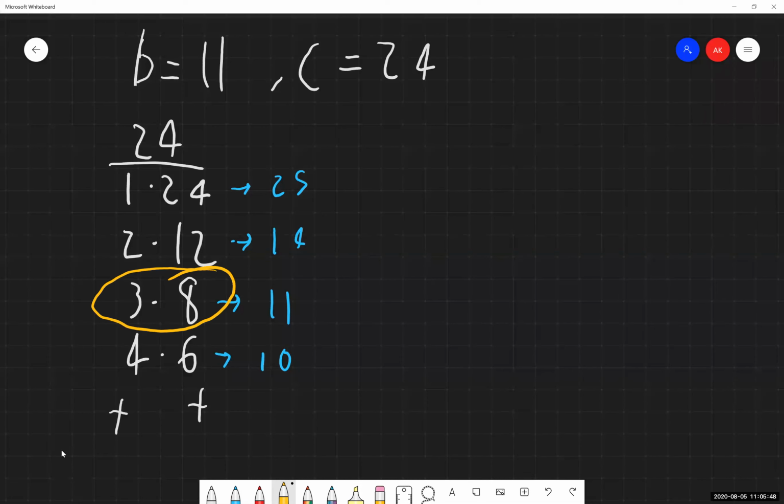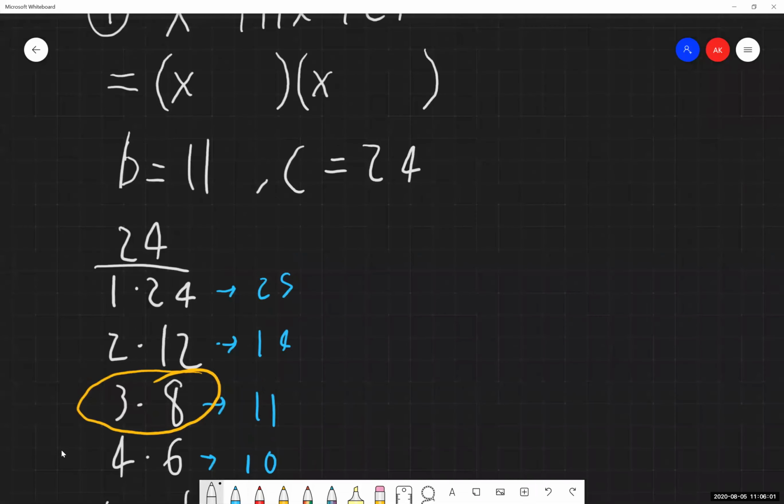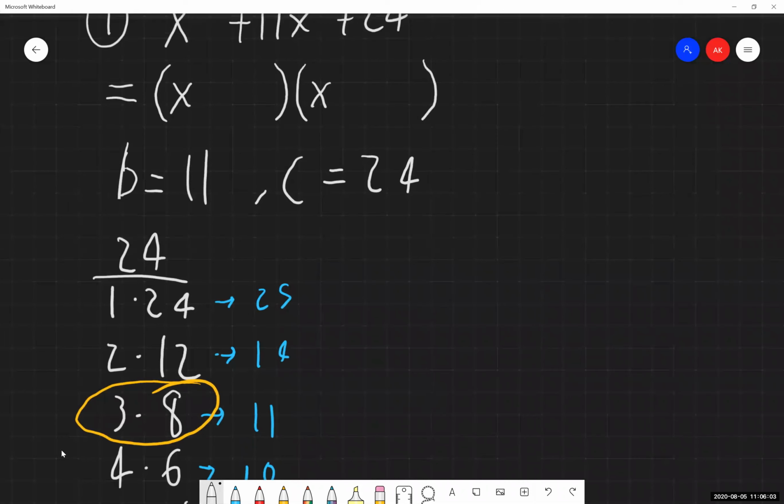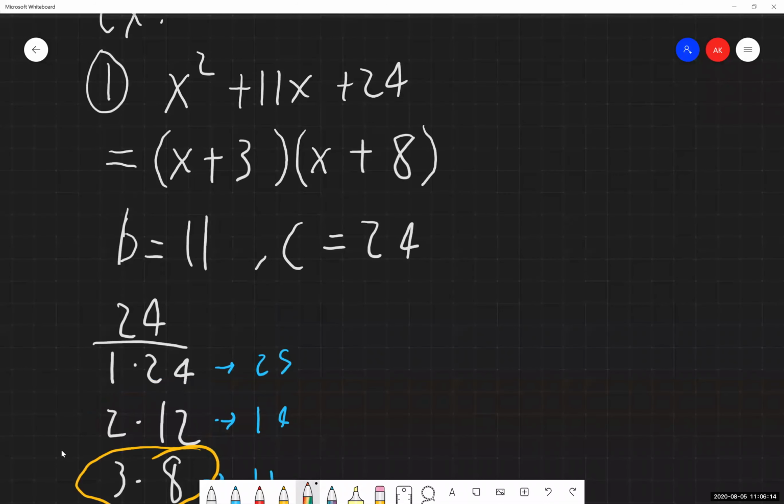So we've just found our M and our N values that multiply to give us 24 and add together to give us 11. So we have our M and our N value. Now we can go back up to our problem and write in our two answers there. And at this point in time, there's nothing else we can do to factor this any further. We have our final answer, and we are done.